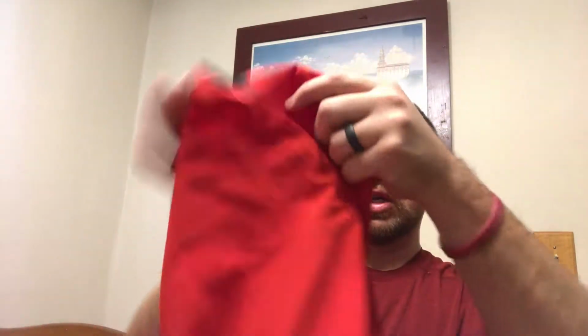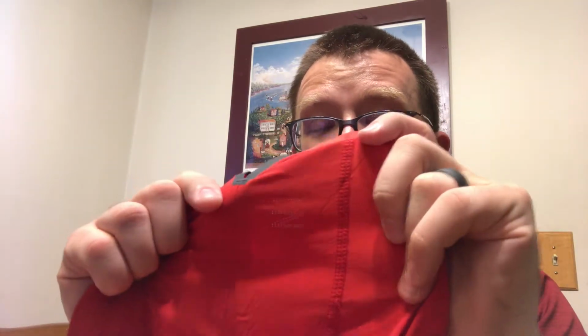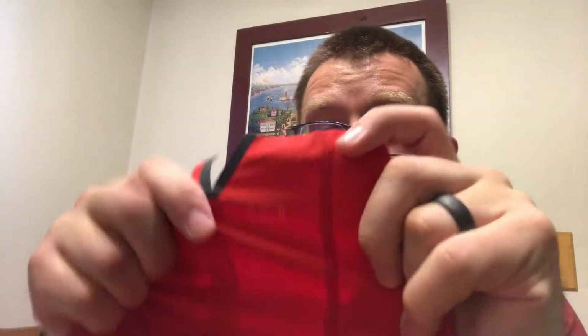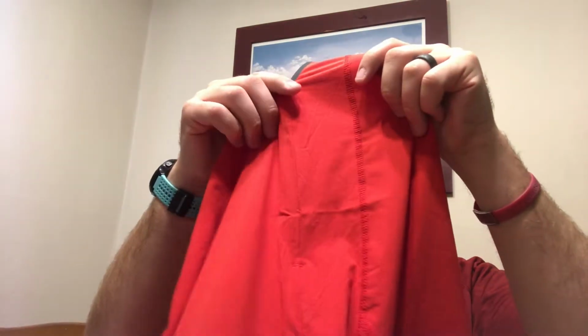So something cool that I just noticed as I was holding this up, and I don't know if I'm going to be able to get that to duplicate on there, but those perforated holes, you can kind of see it right in here. It says Rhône. Their logo is perforated in there. I wish I could get it to show up. It's pretty cool. So it just has RHONE right in here,